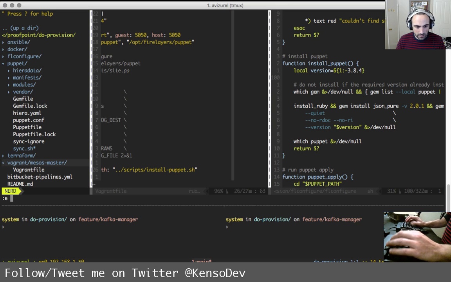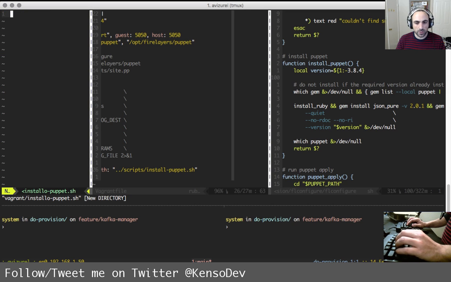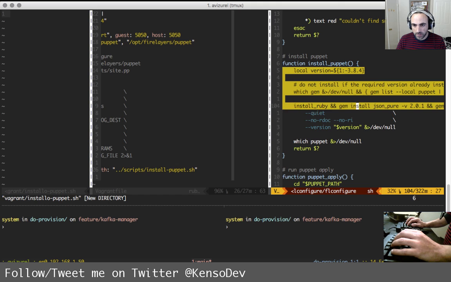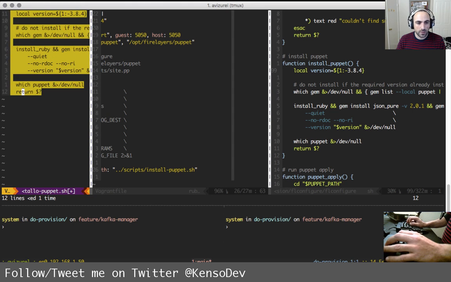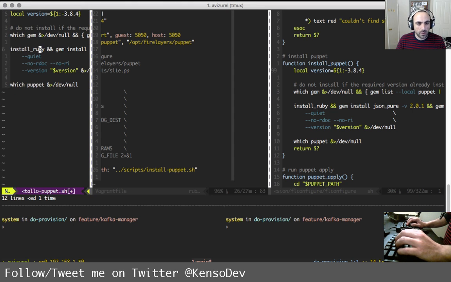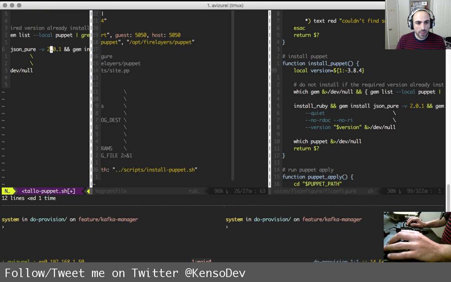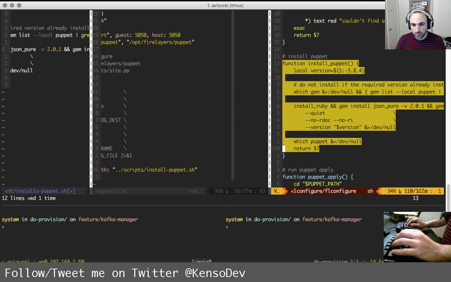And then here inside Vagrant, we're gonna have install Puppet sh, and this is what we're gonna have here. Let's do install Puppet.